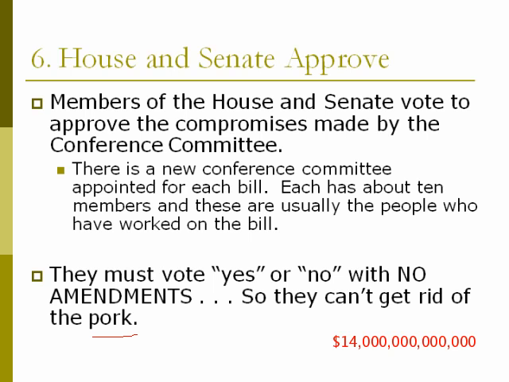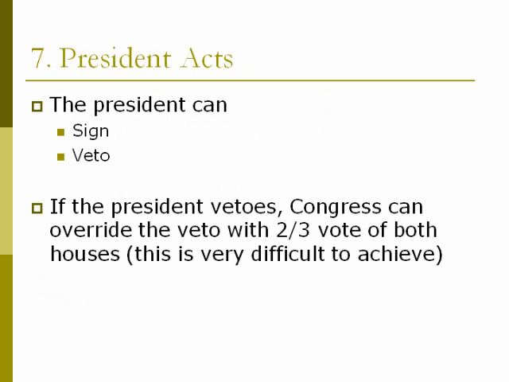Okay, so you got your conference report. It reconciles the differences of the House bill and the Senate bill. It's sent to the president. The president has two choices. He can sign the bill or he can veto the bill. If the president vetoes the bill, the veto can be overridden by a 2/3 majority vote of both houses. So I just want to point out to you strategically, certain kinds of bills are not going to be vetoed by the president. If over 2/3 of the House and Senate,